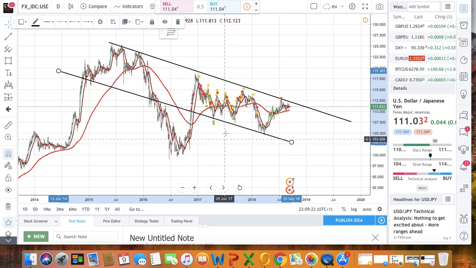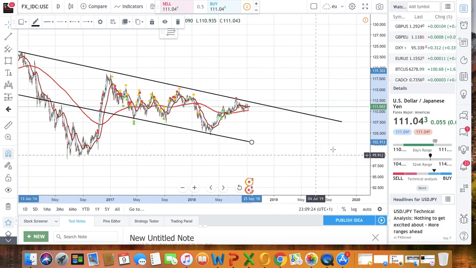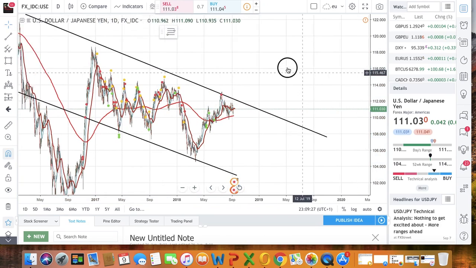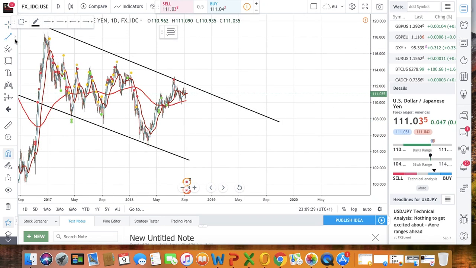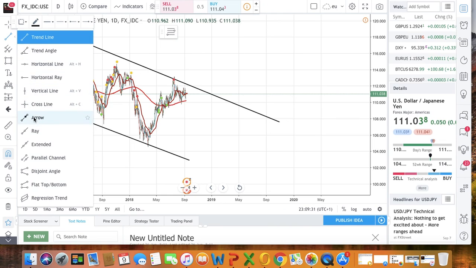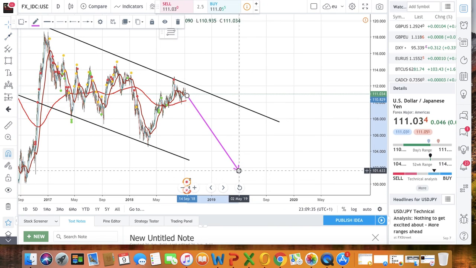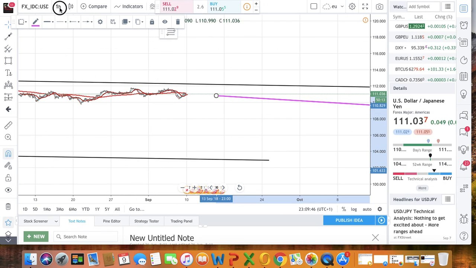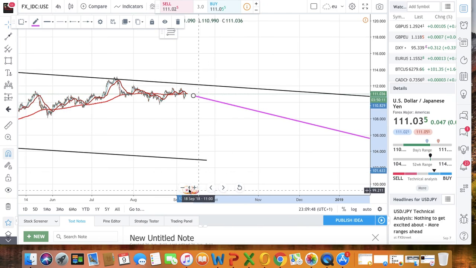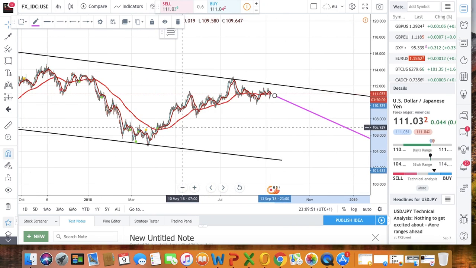So we can just pretty much highlight this recent channel on UJ and then expect to get a nice move to the downside on that trend line support as well. So all we need to do is look for that 1 or 4 hour setup on the sell side, and that is simply just going to be, I'll just go to the 4 hourly, and that's going to be based upon